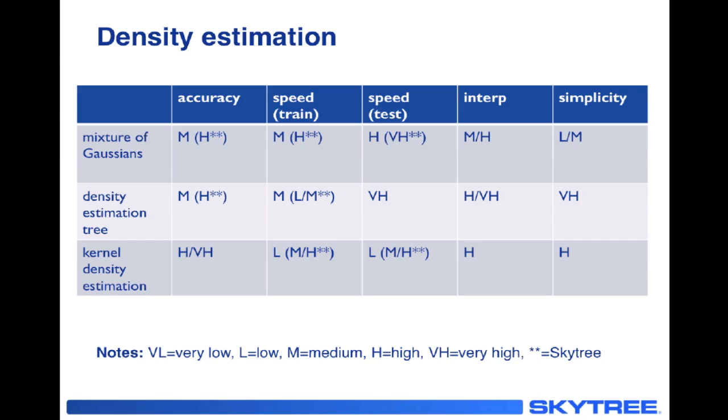Interpretability, in the context of a density estimate, is simple. It's just a sum of weighted Gaussians, so that's fairly easy to interpret. Simplicity I put as low to medium, because a mixture of Gaussians requires an optimization which